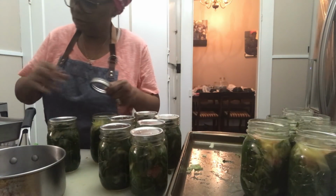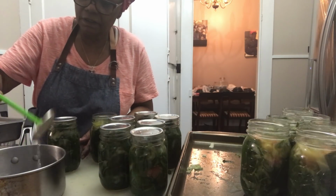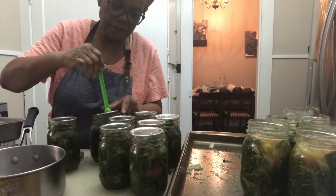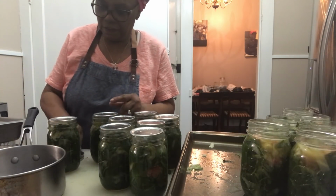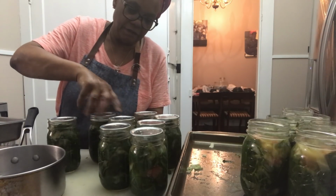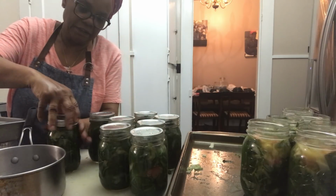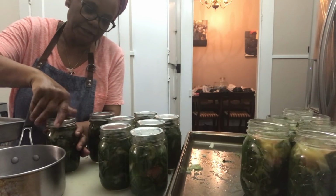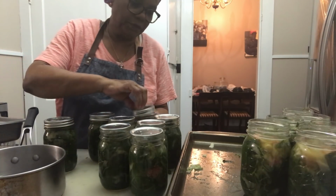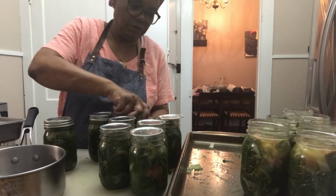bands on. Oh, wait a minute, there's one missing. Okay, make sure you only got one. Okay, yeah, now we're going to put our bands on each one of these, and we're going to put them on fingertip tight, just fingertip tight. You don't want to put them on too tight, because you can tighten them so that when the pressure goes through, they will buckle, and you don't want that